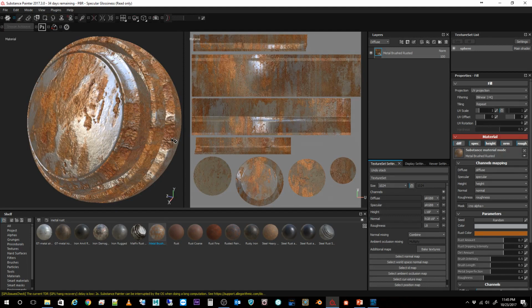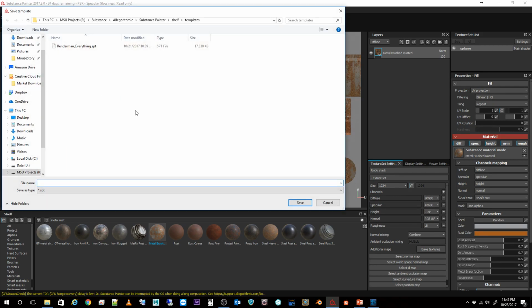But now what I want to do is create a template so that I can have this come in just like this every time I open up, and I want to create a texture set for a particular asset. So what I'm going to do here is come up to File, and go Save as Template. And when I do, I have the chance to create a template, and I'm going to call it